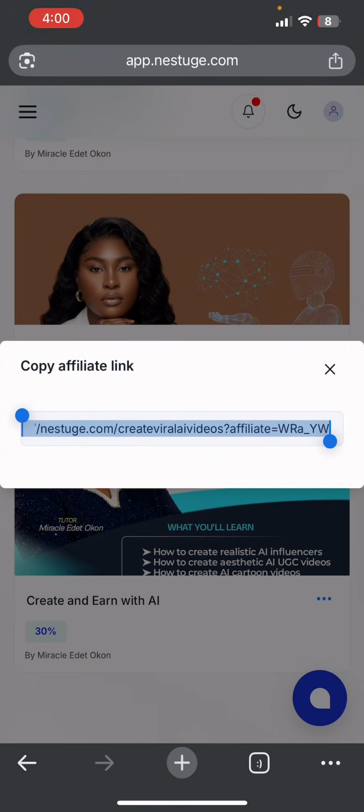If you cannot find the product by Miracle Edit Okon, you can search for create and earn with AI. You will see it. The flyer design is this blue and this blue, and I'm wearing a blue dress there, right? So this is the easiest way to make money